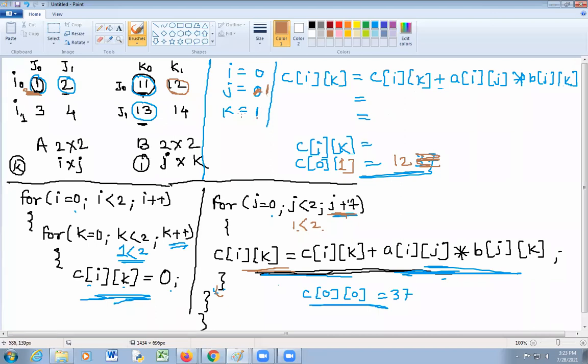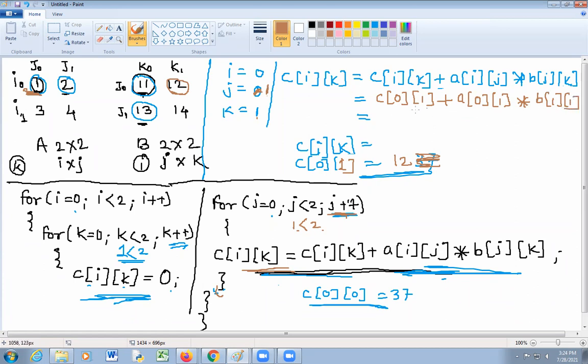So put the values: i equal to 0, k equal to 1, plus a with i equal to 0, j equal to 1, into b of 1 1.